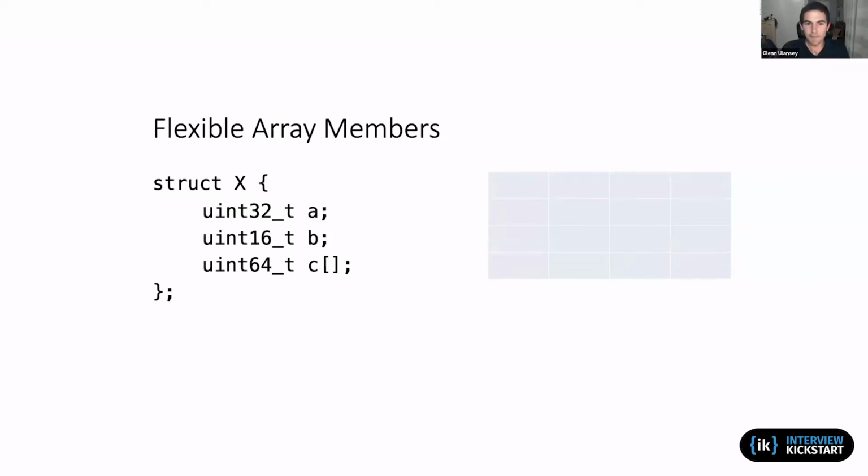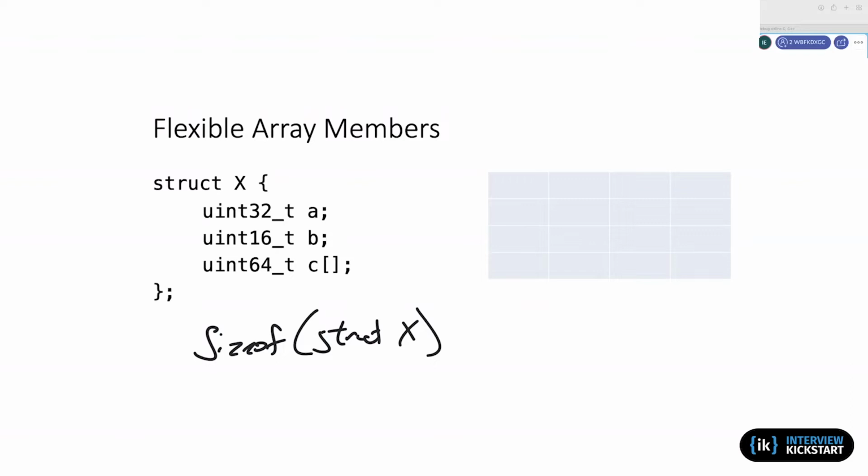So let me pose this question to everyone here. If I called size of struct X, what would this return? Anyone have any thoughts? Isn't it six bytes? Because the last element, it's basically,